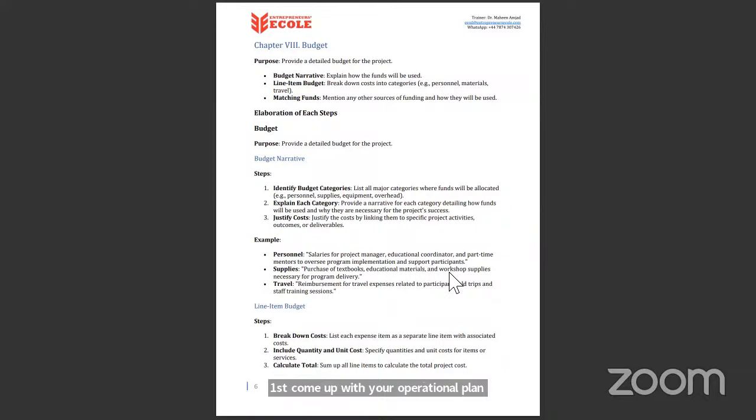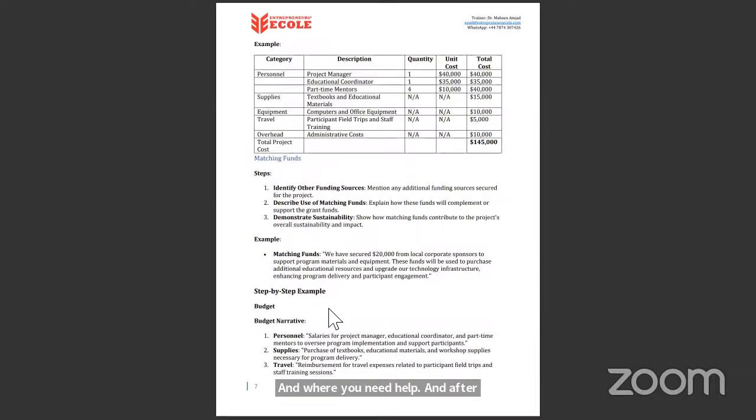So when you write each step till the end, from day 1 to day 10, or maybe day 1 itself, you will know exactly how you're going to execute the plan and what are the requirements to execute that plan. And then you can jot down what are the things you need and where you need help. And after doing that, you need to just write in very simple words. Do not complicate